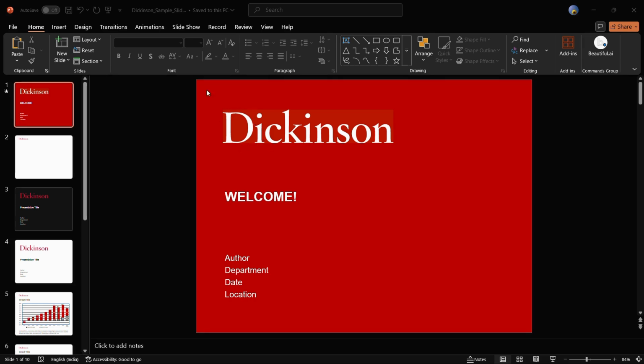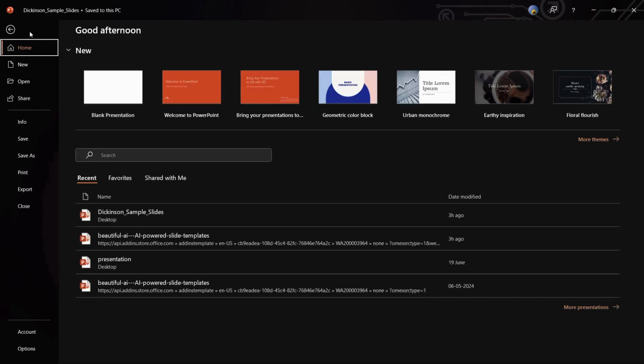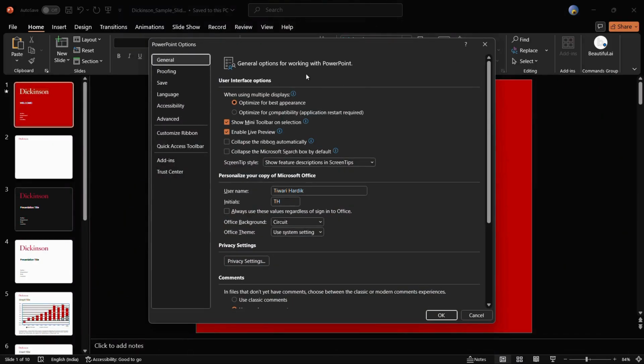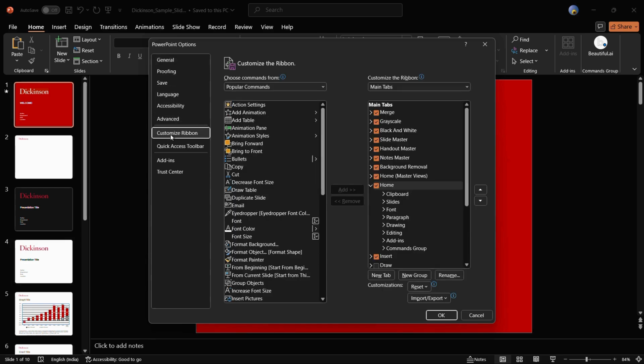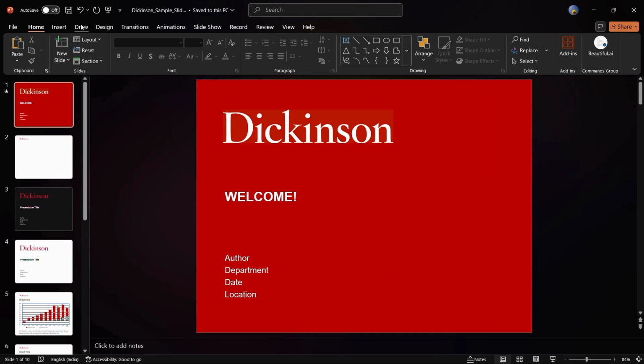PowerPoint presentation. So to enable the draw tab, click onto this file tab over the top left corner, and then click onto this options button towards the bottom left. Once you click onto this options button, you can see this dialog box that appears right here, and from here you need to go to this customize ribbon tab, and under the customize ribbon you need to focus onto this main tabs, and under the main tabs simply click onto this draw button, and once this selection appears, click onto this OK button, and now you can see that a draw tab is appearing between the insert and the design